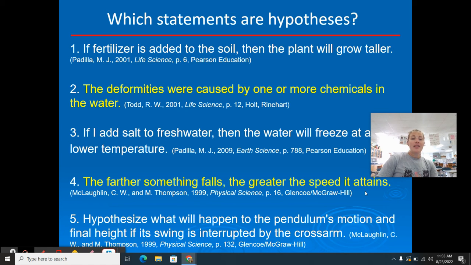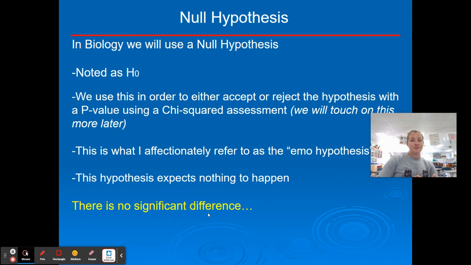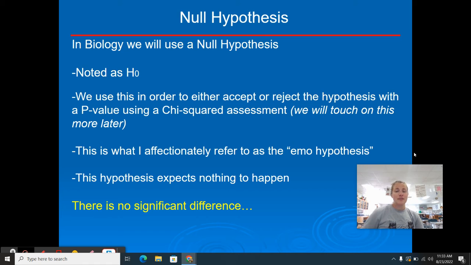I am now going to test this hypothesis to find out if it is true or if it is not true. The first one is a prediction, as well as the third one. The last one is kind of like a question. It's saying to make a prediction. So really the only ones that are hypotheses are 2 and 4. And this brings us to the hypotheses that we are going to use for some of our first experiments,